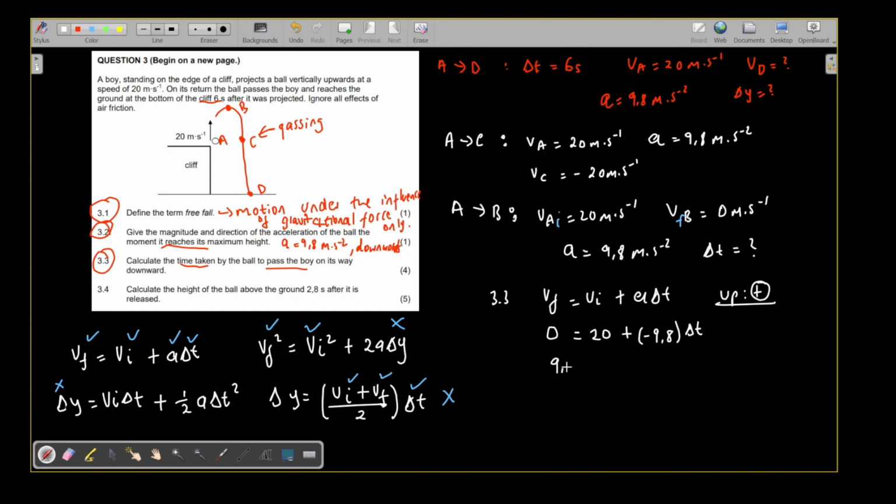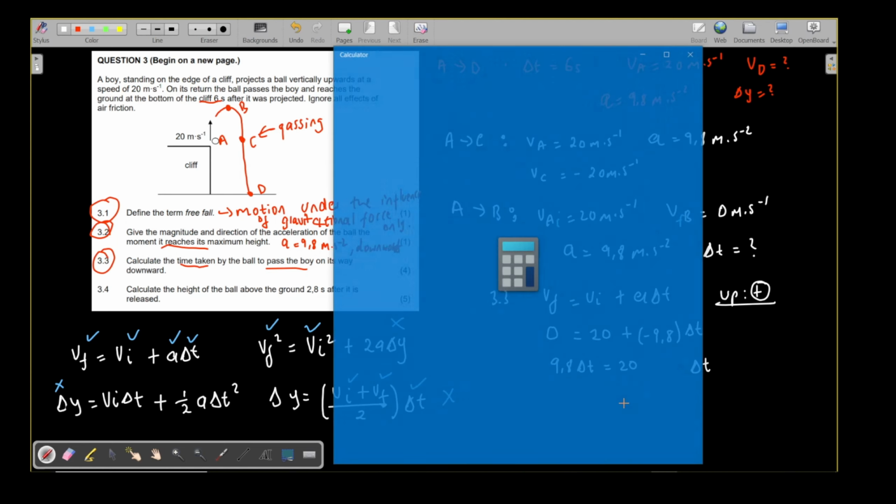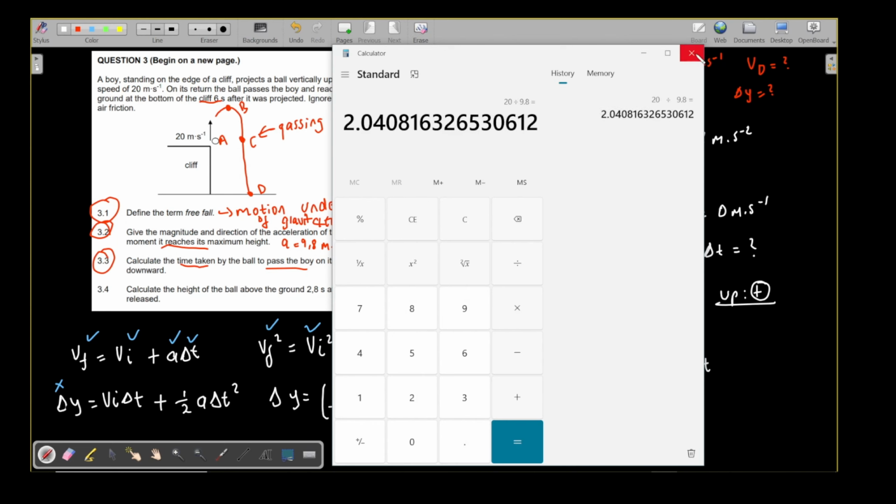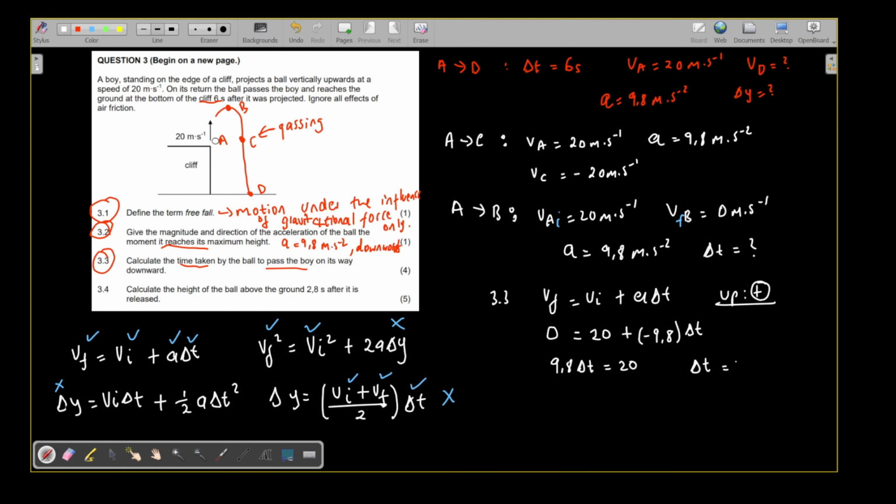So I'm gonna have 9,8 change in t is equal to 20. So the change in time there will be 20 divided by 9,8, right? 20 divided by 9,8 gives me 2,0408. So I take 4 digits, okay? 2,0408 seconds. Then therefore, since this is the time from A to B, now the time from A to C